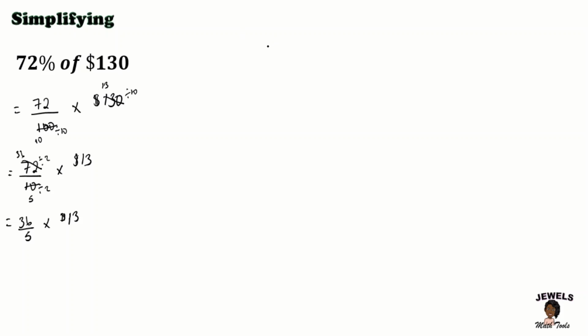So now that I have reduced my fraction to its simplest form and I'm not able to simplify any further, that means that I'm now going to have to multiply 36 times 13. 3 times 6 is 18. Put my 8, carry the 1. 3 times 3 is 9, plus 1 will give us 10. We add in our 0. Multiply 1 times 6, which would be 6. 1 times 3, which would be 3. And sum our digits together. 8 plus 0 is 8. 0 plus 6 is 6. 1 plus 3 is equal to 4. So we now have